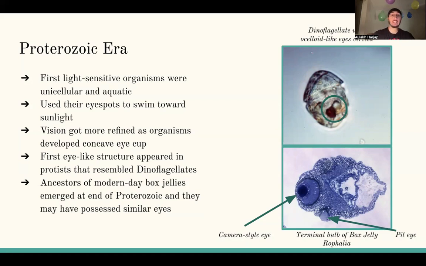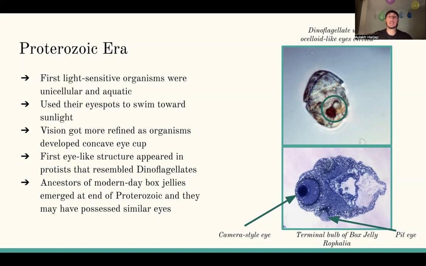The first type of eye-like structure likely appeared within protists that resemble dinoflagellates as seen here, as they appear to possess ocelloids in the lower half of their body. Ocelloids are pigmented cups containing retina-like and lens-like structures. We still don't fully understand how these tiny organisms that are only about 70 micrometers in length were able to process vision, but them lacking a brain and having these eye-like structures suggests that eyes emerged prior to any neural